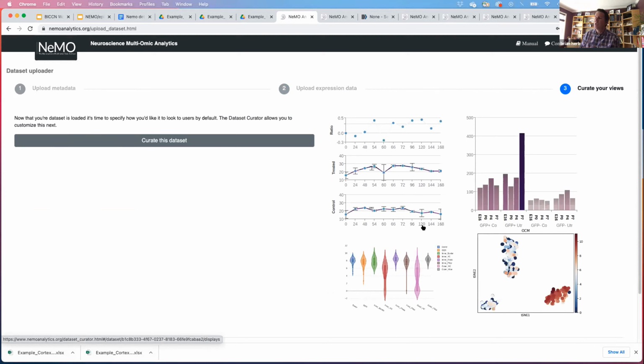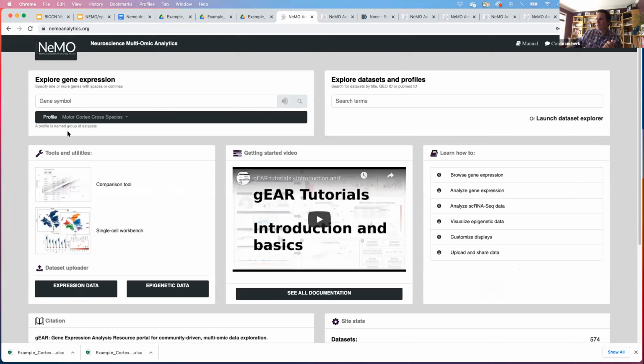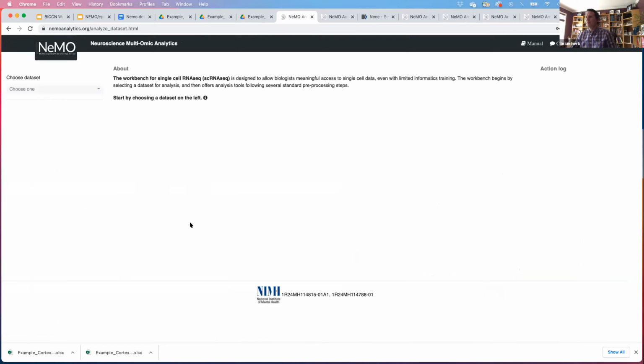If you didn't want to do that, if you wanted to actually use a single cell workbench, you can simply go back to the home page and go into the single cell workbench. So we're going to do that now. Jump to the front page. And we see that tool here on the left-hand side, the single cell workbench. Okay.